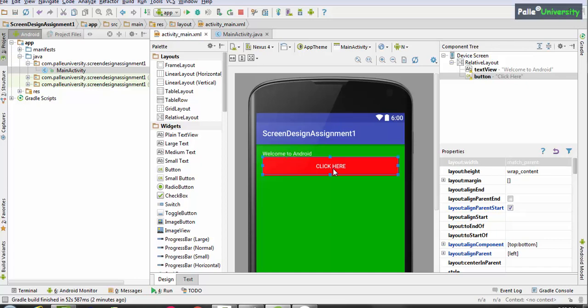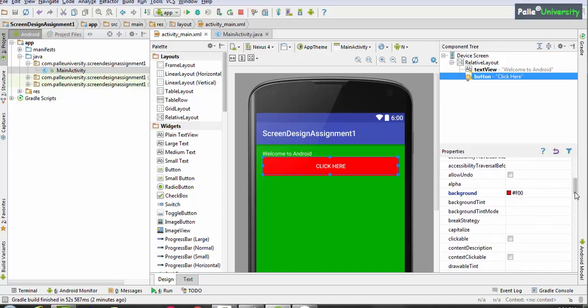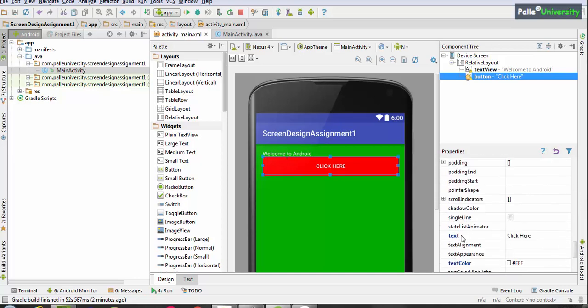So when I click this, automatically this button is getting highlighted and the button properties are automatically shown below here. You can observe. Now in these properties, since you want to change text of the button, select text property by scrolling down. You can observe here the text value is click here.